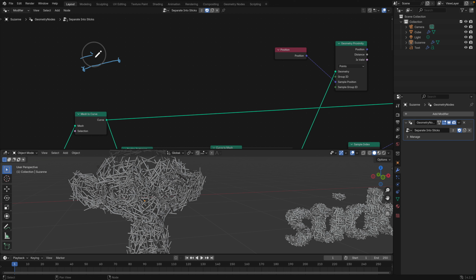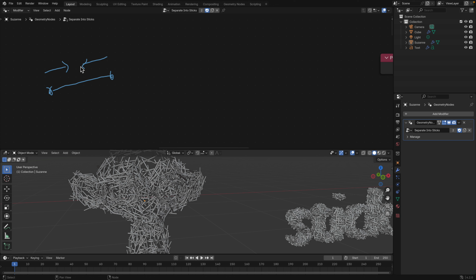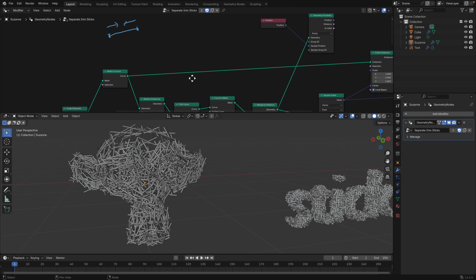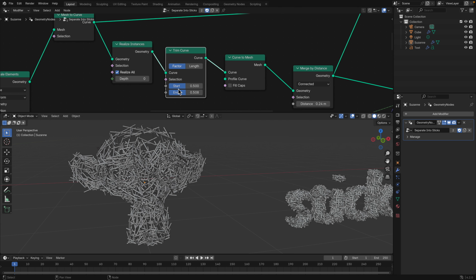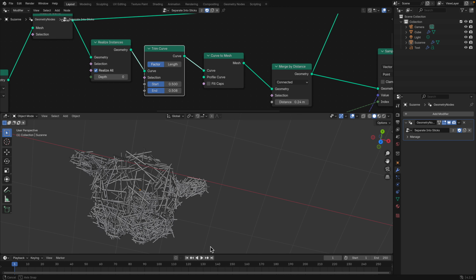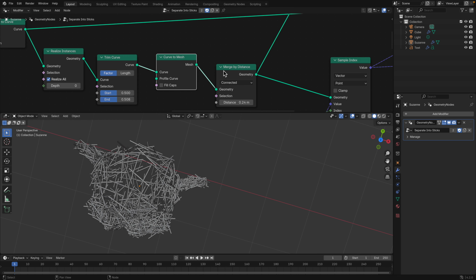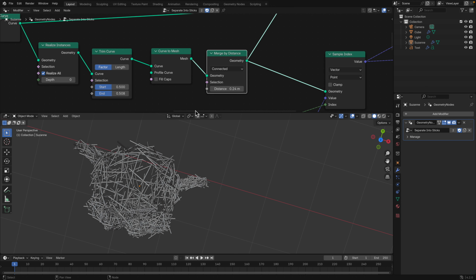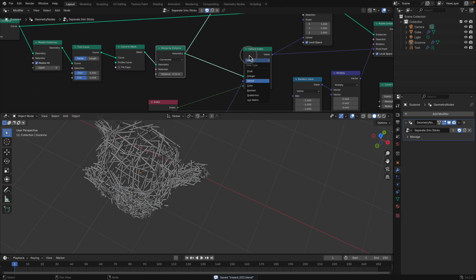So you can trim it into something really short. If it's really short, we can then merge the two points and we get the middle points. That's what I'm trying to do here. So I realize the instance of every edge, and I trim the curve, the start and the end, make it very short and meet at the center. And by doing that, I convert the curve back into mesh and then merge it by distance, at a really short distance, and then using this center point as the,